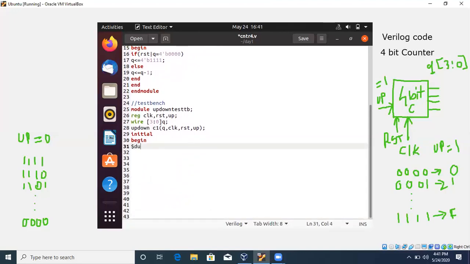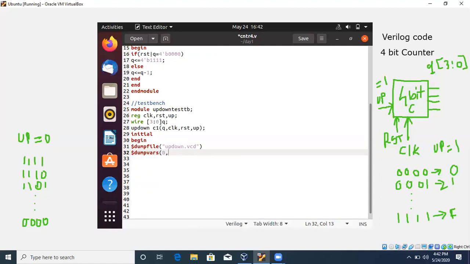What is a dump file and why it is used, how to use that dump file, all these things we have discussed in the previous sessions. So please visit the previous lectures to know more about this. Up_down dot vcd and dumpvars 0.